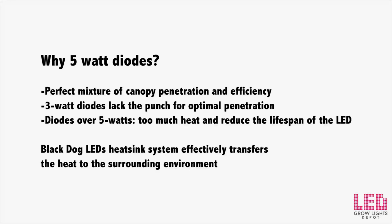Some growers claim that 3-watt diodes lack the punch needed for optimal penetration. Furthermore, high wattage diodes over 5 watts can give off too much heat and reduce the lifespan of the LED, and it can be a challenge to manage the additional heat given off by these high-powered diodes. The heat generated by Black Dog LED's 5-watt diodes is properly transferred to the fixture's heat sinks and blown away